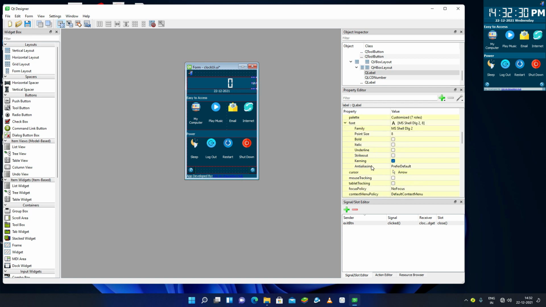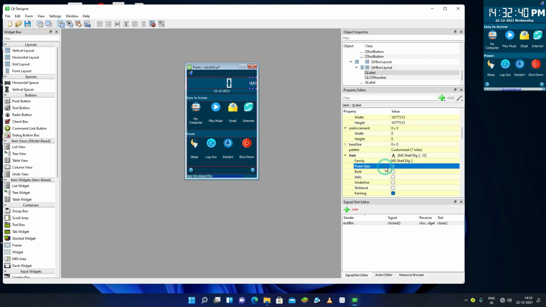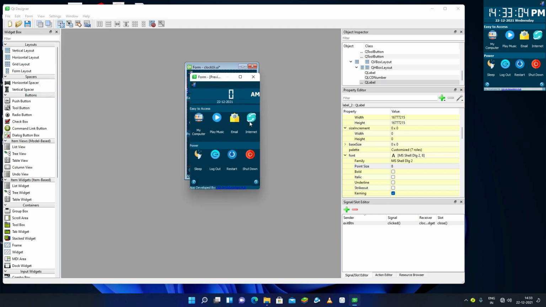Now I can add some of the fonts for this AM also. So I can come here, enter the font, and I can select it as 12 and I can make it bold, I can make it larger. Yeah, it is fine. 15 is fine for this AM. And now the time and AM is shown here. Now this is the date visit, easy to access is now here, and these things are now here. Now let's see one preview here. So this is the final thing.